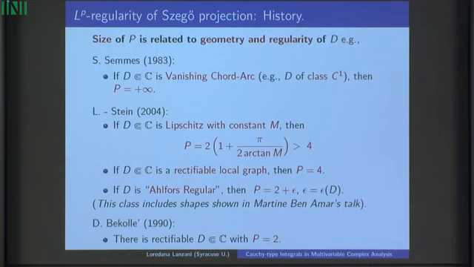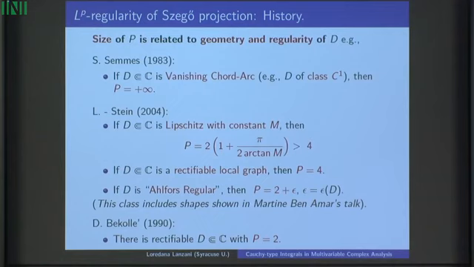Here I have put down a list of various kinds of domains. Think of them as a hierarchy, and you go from the top, which are the most regular domains, to the bottom, which is the least regular domain. Different people have obtained different results. If you start with a domain that is rather smooth, class C1, remember, right before the threshold of that naive argument before, you get that the Szego projection is bounded in LP for P in the full range,